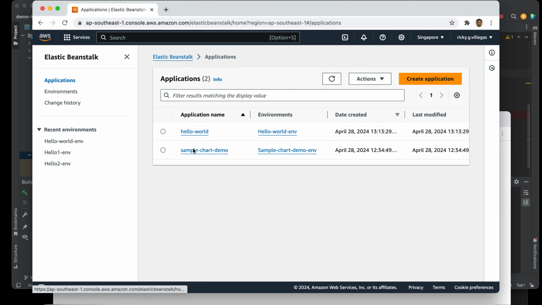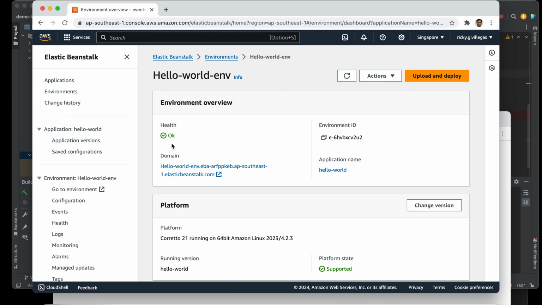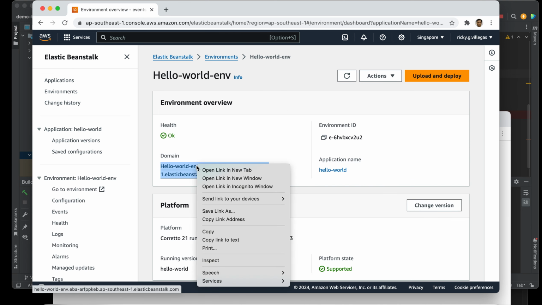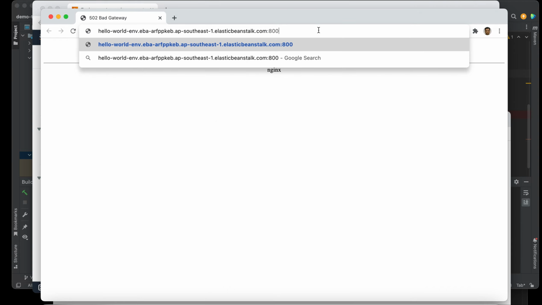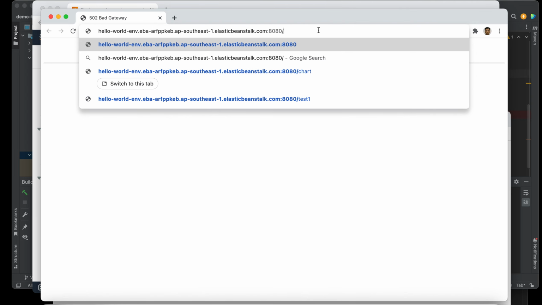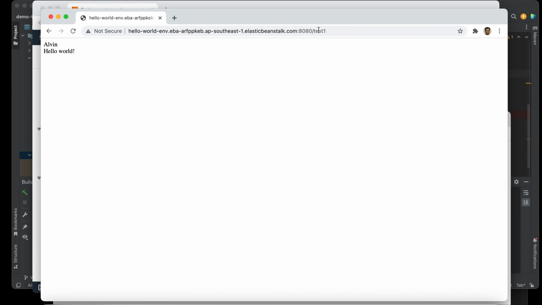So let's go back to the application we created just now, hello world. Then this one, then this one. Again, because it is secured, for this demo we only allow 8080, right? So we have to use 8080.